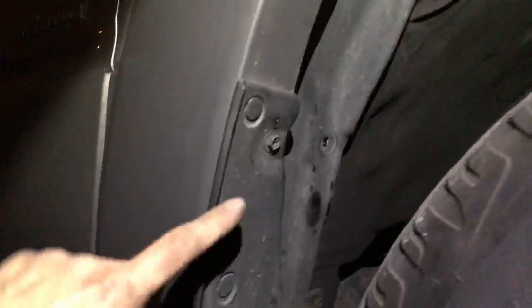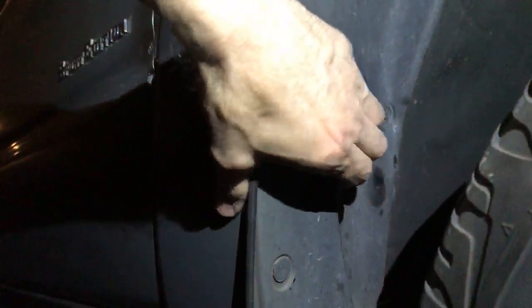Okay, let's see if we see any more. Oh wow, I might have to take this thing off. It looks like this is... Okay, yeah, I'm gonna take that off. Let's take that off. Looks like it might be... That might need to come off, so I'm gonna go ahead and take that off. Let's take off...